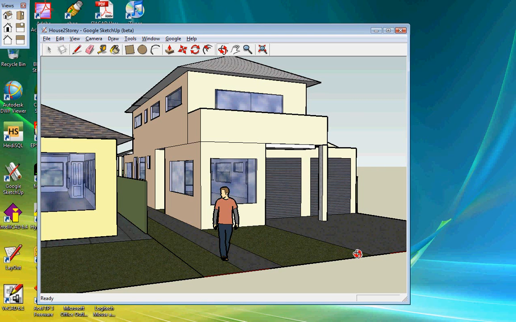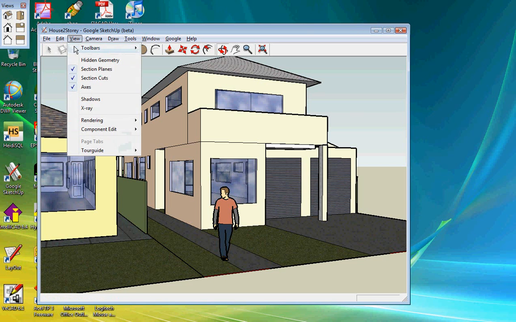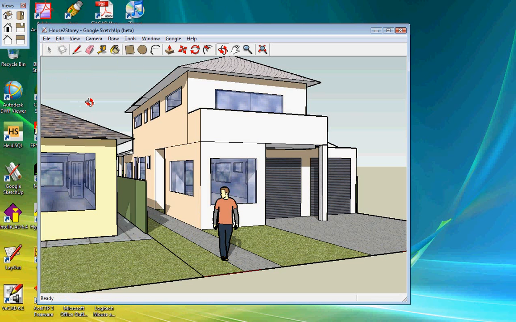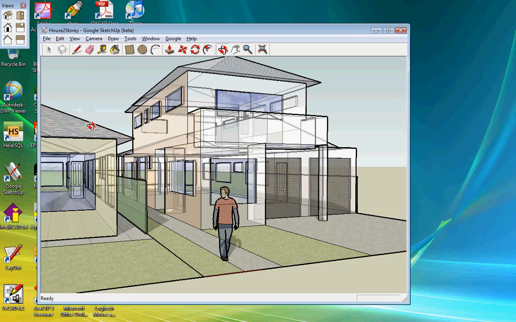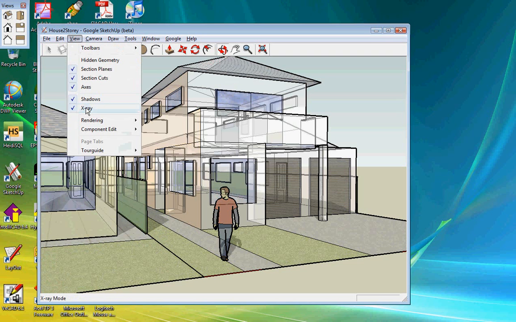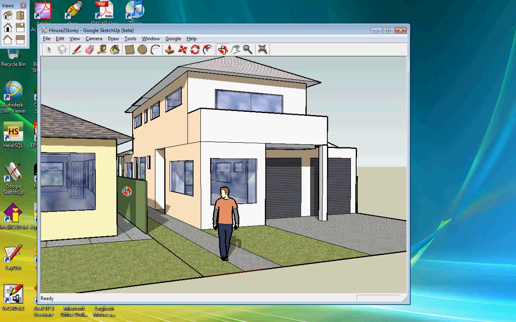I'm looking here at the front of a two-story house. I have the ability in SketchUp to throw some shadows in, so I can go View and Shadows, and now the fence in here is throwing shadows, and there's a shadow underneath the eaves there, so that's a useful tool. I can simply click View and go to X-ray, and now I'm looking through and into the model. I'll go back to take the X-ray view off,